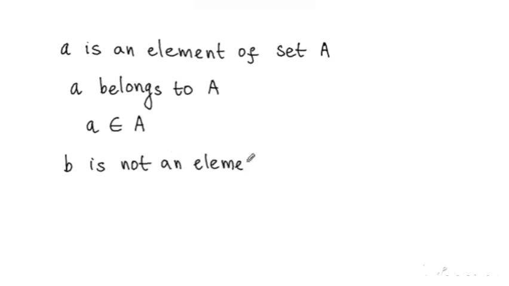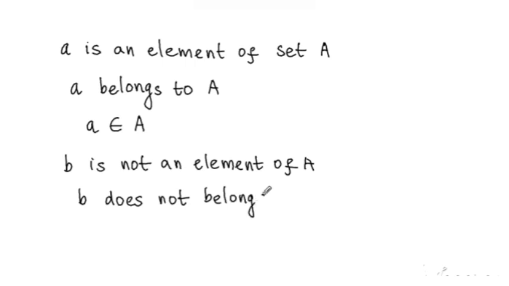Suppose b is not an element of the same set capital A. Then we can say b does not belong to A, and this can be represented by crossing out that epsilon. This is the representation. So we can represent whether the element belongs or does not belong to the